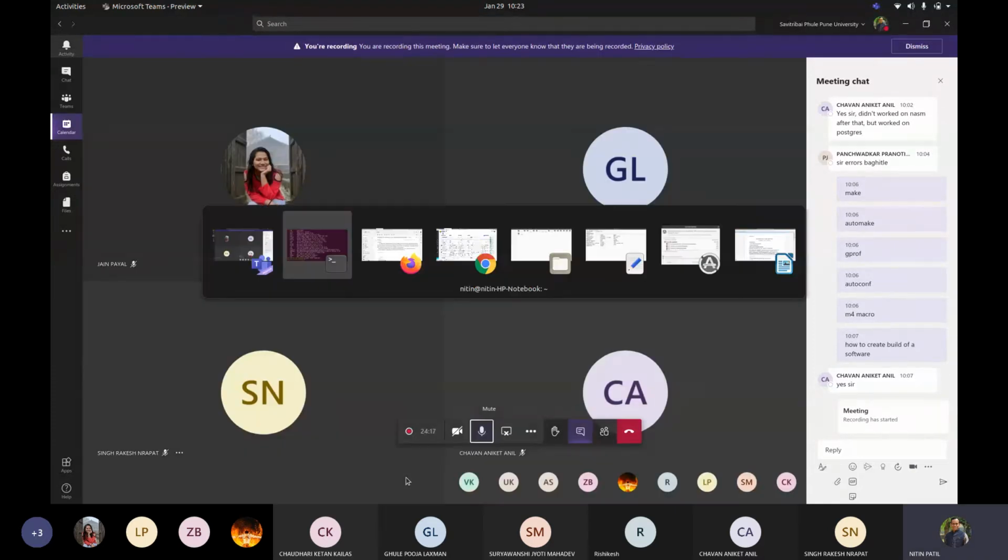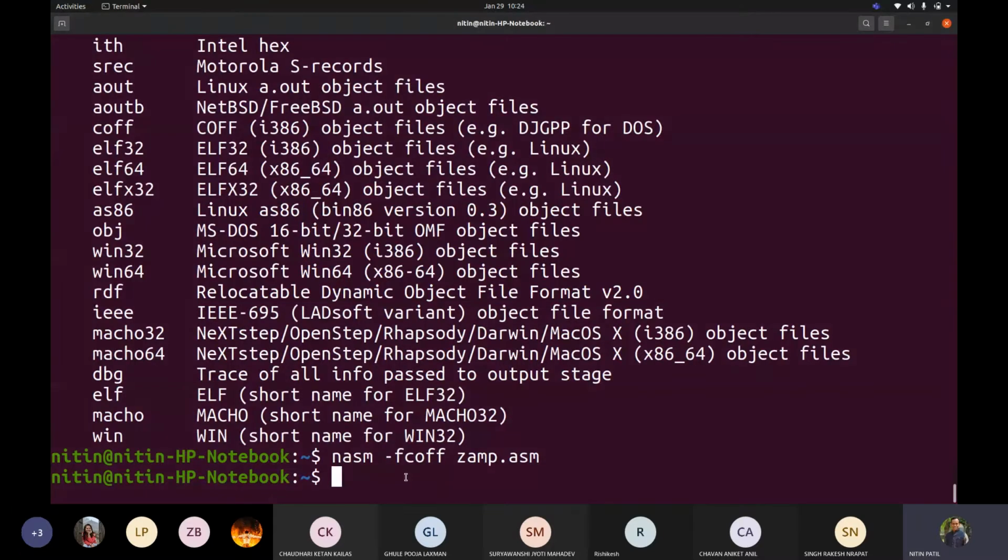So if I take coff, for example, fine, nasm dash f coff xamp dot asm.